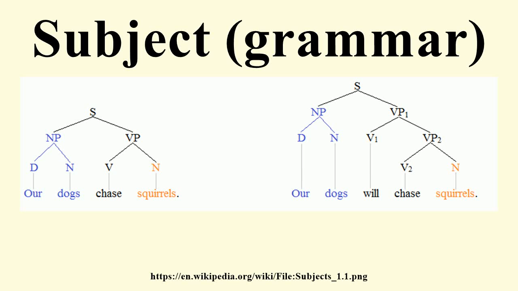The subject is, according to a tradition that can be traced back to Aristotle, one of the two main constituents of a clause. The other constituent being the predicate, whereby the predicate says something about the subject. According to a tradition associated with predicate logic and dependency grammars, the subject is the most prominent overt argument of the predicate. By this position, all languages with arguments have subjects, though there is no way to define this consistently